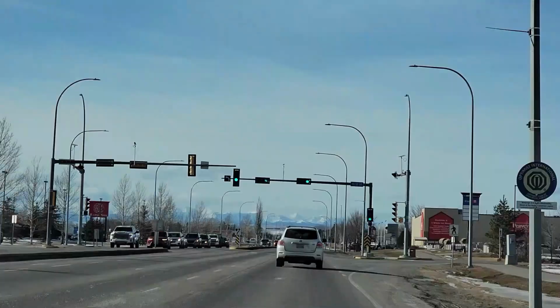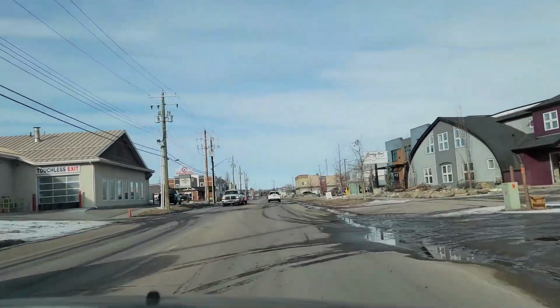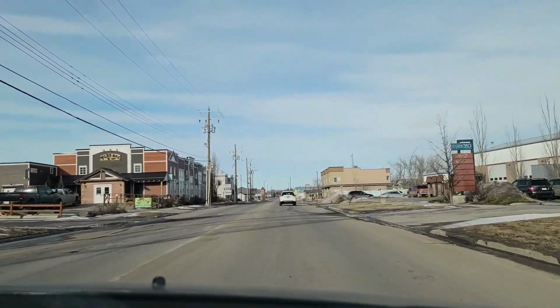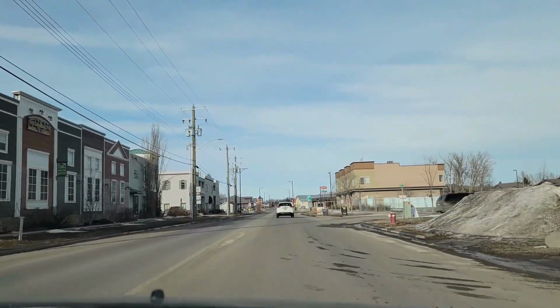Just arriving in High River, and to the west you can see the Rocky Mountains. To our east, that would be wide open prairie. We came in through the newer area with a lot of businesses and new neighborhoods, and we are heading towards downtown